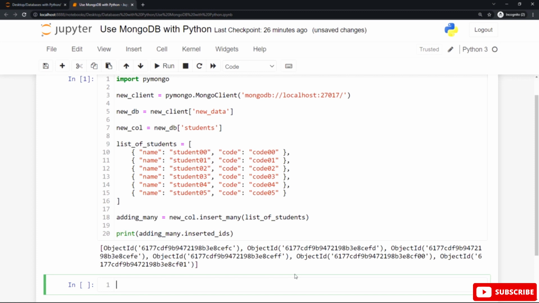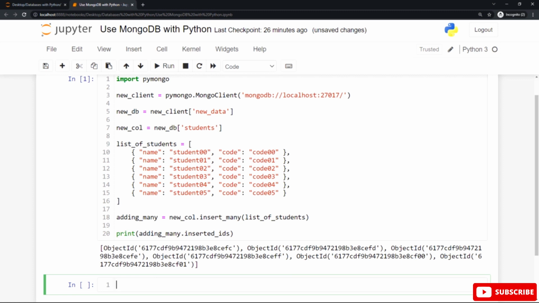And you can use the variable name with the inserted IDs property to display the object IDs, the ID number for each document inside the students collection in the new data database easily, and the print function to print out the output as you can see.